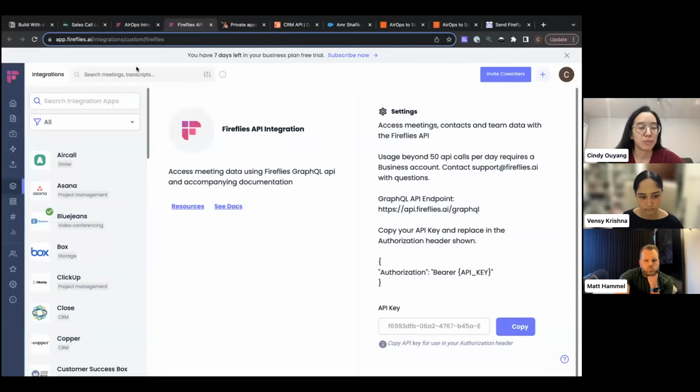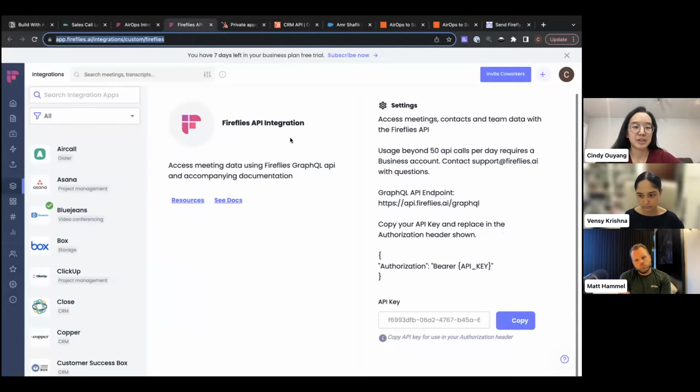So what I would do is, you could search "Gong API key" in Google. Here I did "Fireflies, how to get my API key." And it took me to this page that says Fireflies API integration. And over here, it provides my API key, which I will need to use to authenticate this step. So I'm going to use the Fireflies API key here, and I'm going to use, based on their documentation,